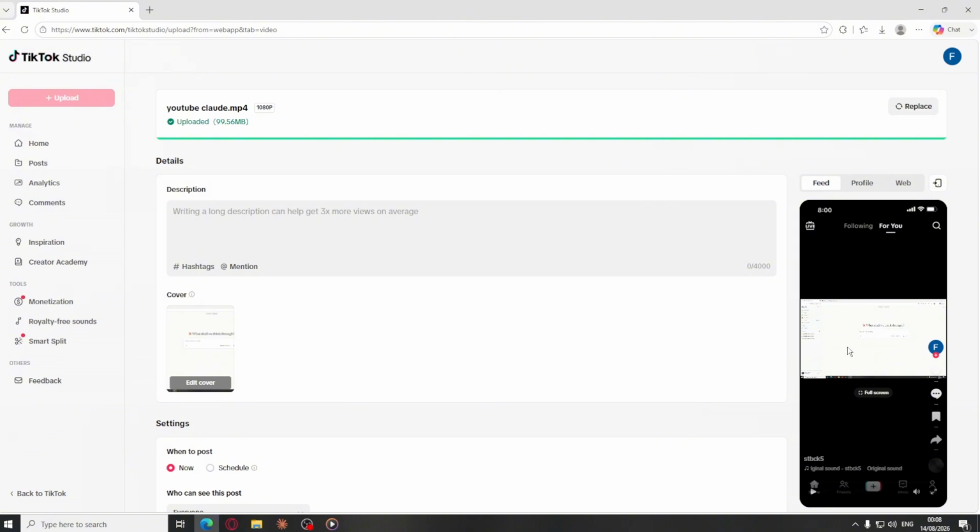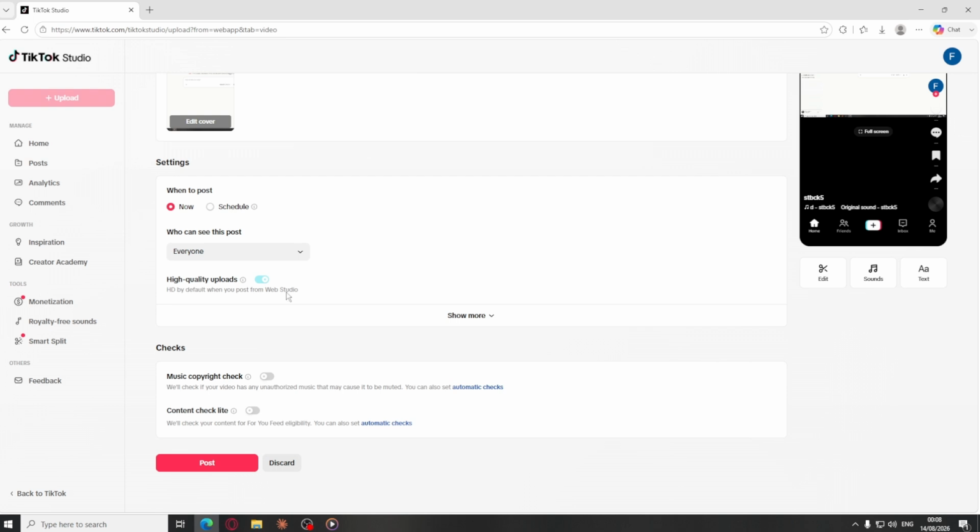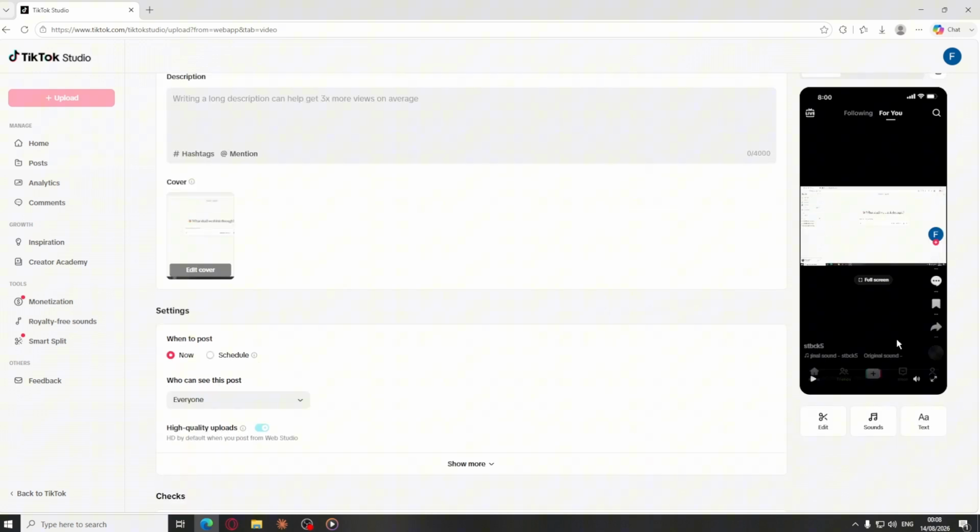A tip: TikTok on desktop does not support all editing features that the mobile app has. If you want to add effects, sounds, or transitions, use the mobile app before uploading, then post the finished video